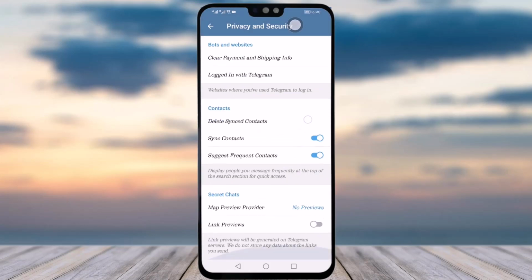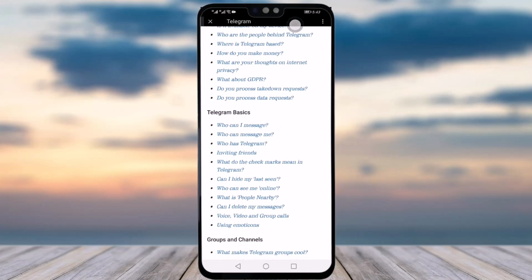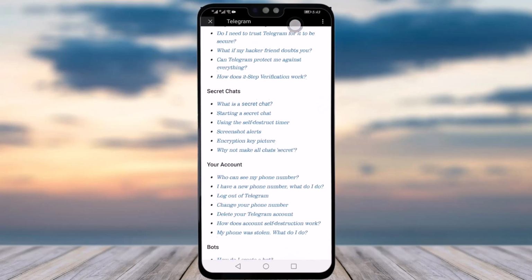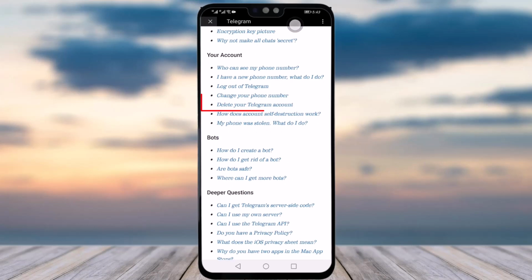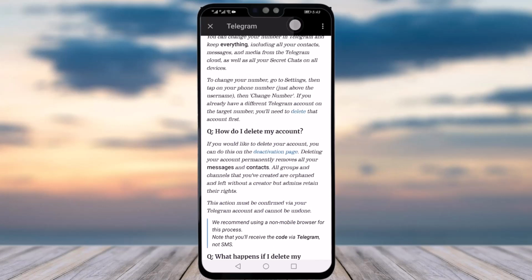Or if you want to delete your account right away, then you will simply go back, scroll down and find the option called Telegram FAQ. Simply tap on that, and here you can see all the topics with the problems. Then scroll down and go to the your account section, where you will find the option called delete your Telegram account. Tap on that, and this particular interface will open up, where